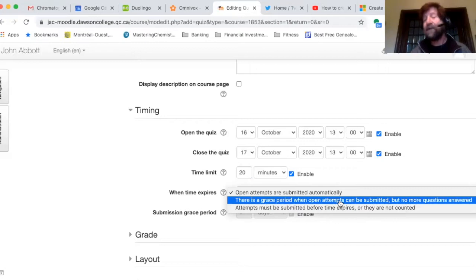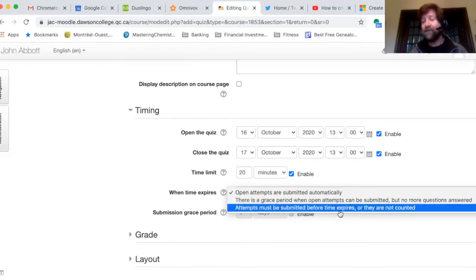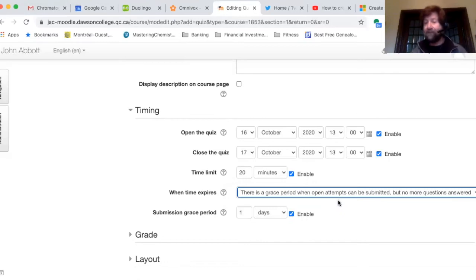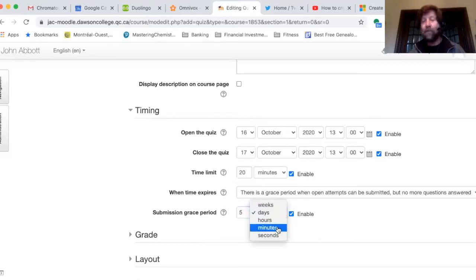Or you could say there's a grace period. So let's say they're working on question number 6, time expires. You'll give them an extra amount of time, and you could specify what that time is, maybe an extra 5 minutes. They can't go on to question number 7, and they can't review anything else, but they can finish the question that they're on. Or you have an option saying, no, if they don't do all 10 questions, then they get a 0. Attempts must be submitted before the time expires, or they're just not counted. That's how it works. So let's say you pick, I'll give them a grace period. You'll say, okay, I'll give them 5 minutes more in case